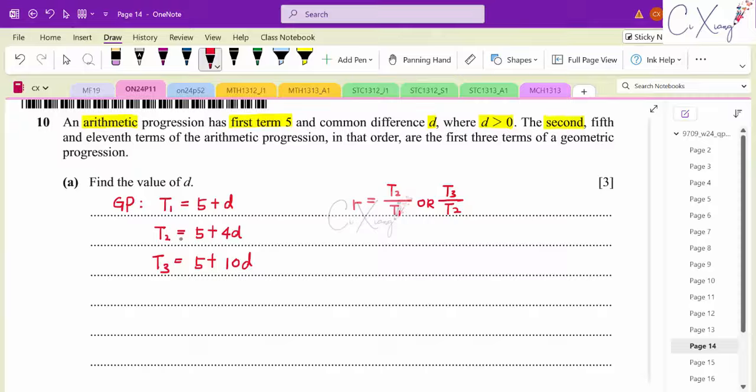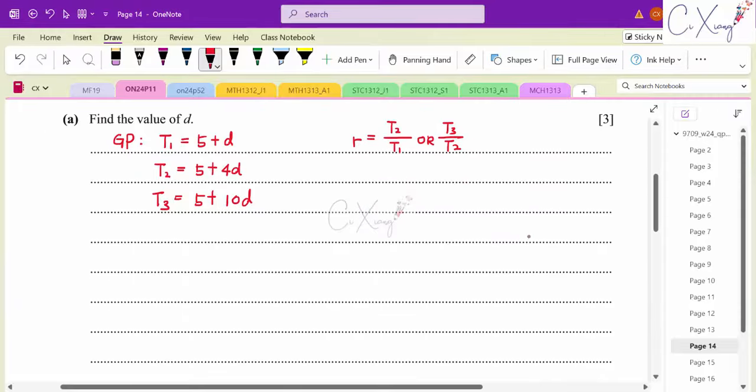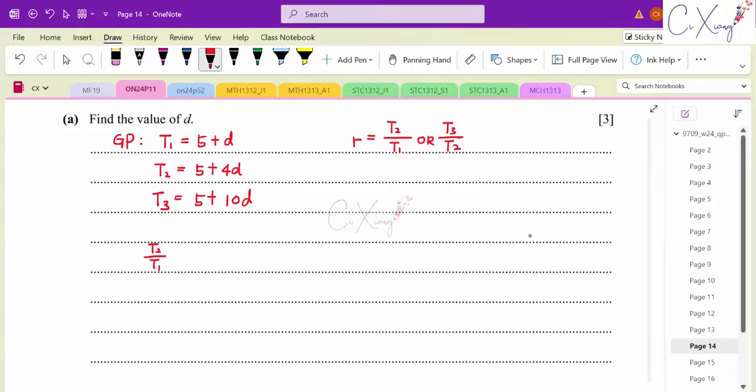So I will use this particular information to start our calculation. I will let T2 over T1, which is the r, equal T3 over T2, which is also the r. So T2, 5 plus 4d, divided by T1, 5 plus d, equals T3, 5 plus 10d, divided by